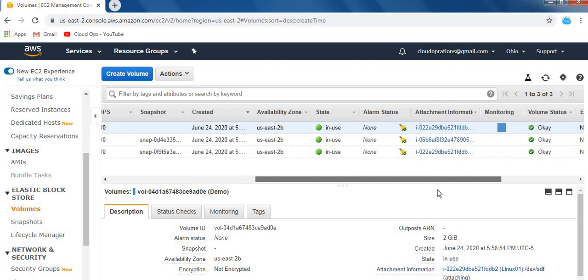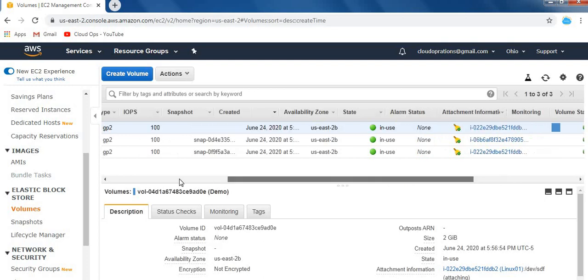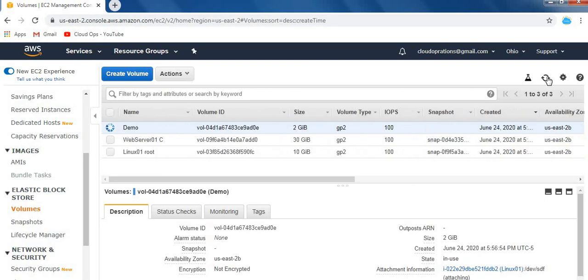Now you can see here it is attached to the Linux instance. Once it is attached, you can go to the Linux server and type the command df -h or df, and you can see the new volume was attached.